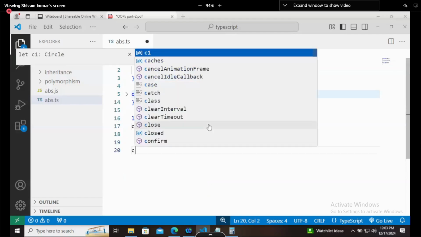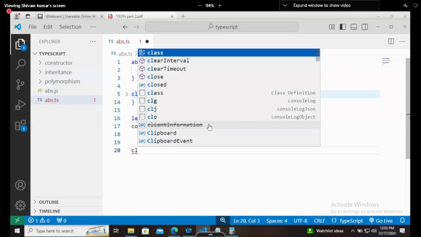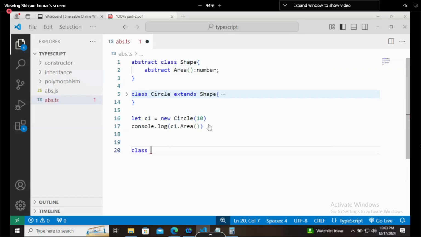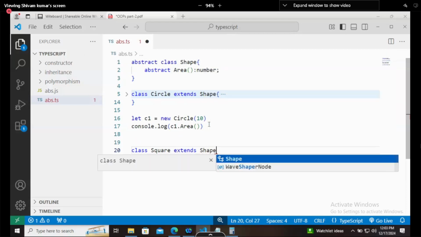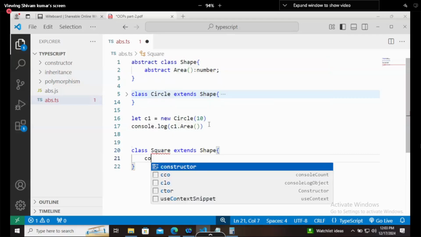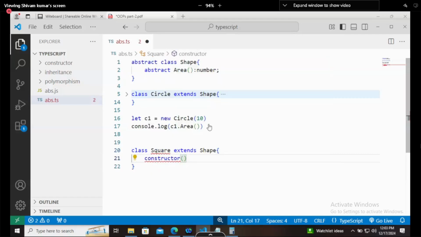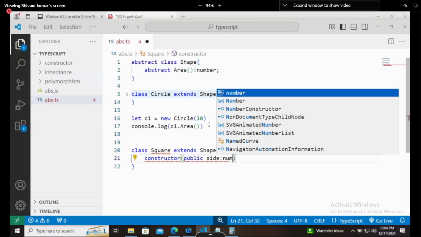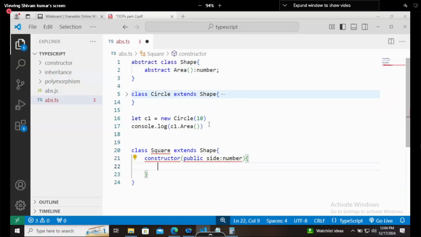So what I will do, let's say there is a class of Square, which again will extend Shape. Inside this we will have a constructor which will accept one public side, which will be a number, and you have to call the super keyword.